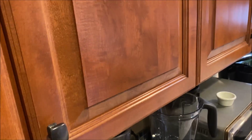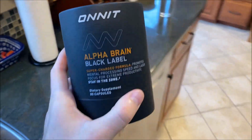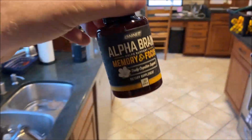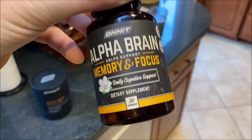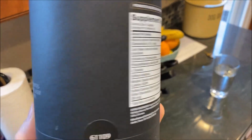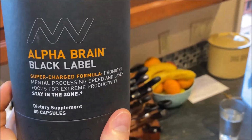So I woke up this morning and I'll show you what I took, if I don't make a mess. I took 4 capsules of the Alpha Brain Black Label. So normally, you guys, I take just the regular Alpha Brain, and I take this every single day. I don't miss a day. But on occasion, I'll take a serving of the Alpha Brain Black Label, and I'm just showing you guys this